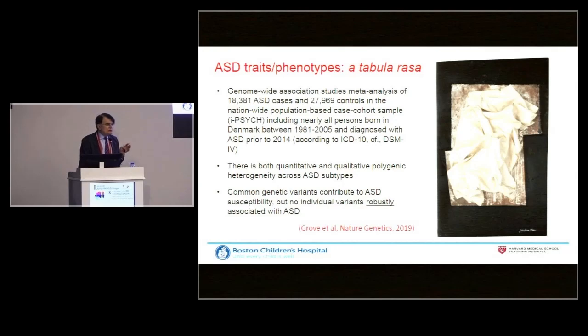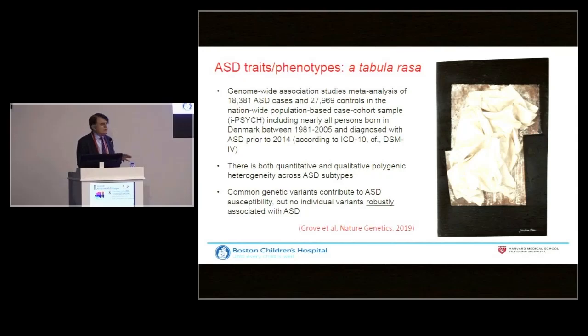People used to think that bipolar disorder was like that too. But a very important large-scale study in Sweden found that the highest socioeconomic position is the reference value, and the odds ratios go up as you go down. That's true both for autism with intellectual disability and autism without intellectual disability. So the autism traits are a tabula rasa, especially with autism spectrum disorder.